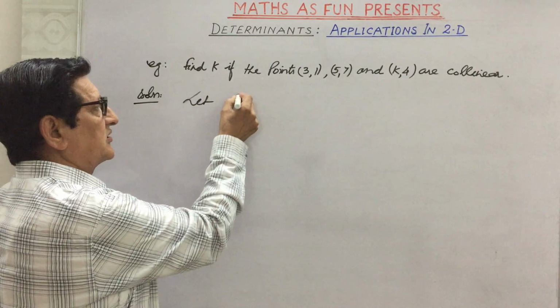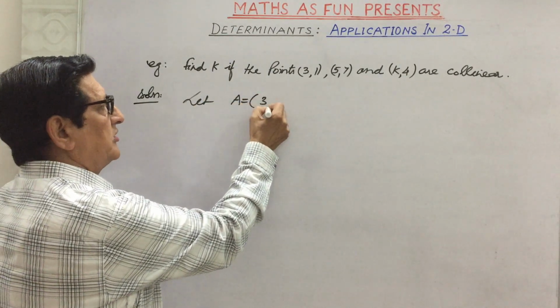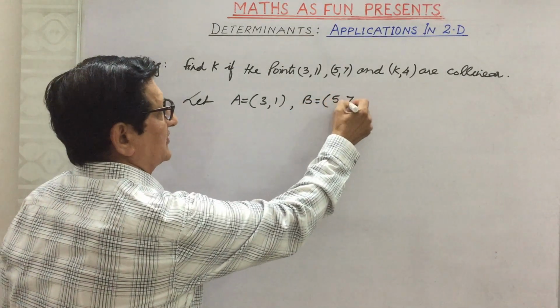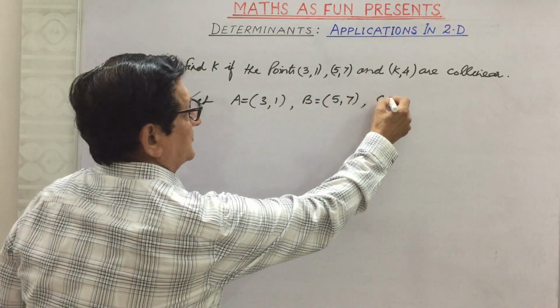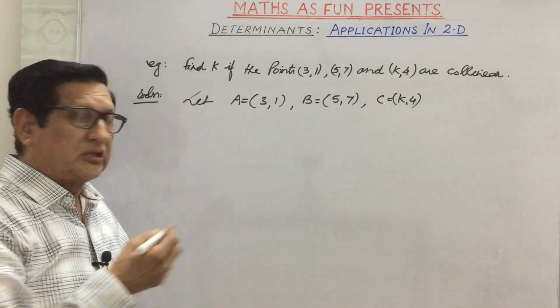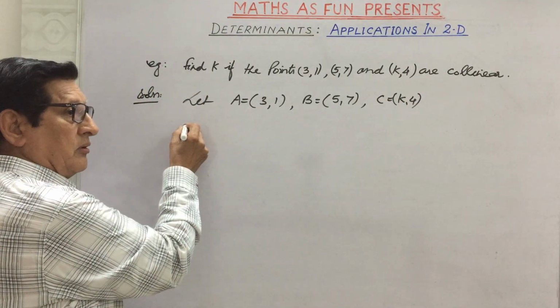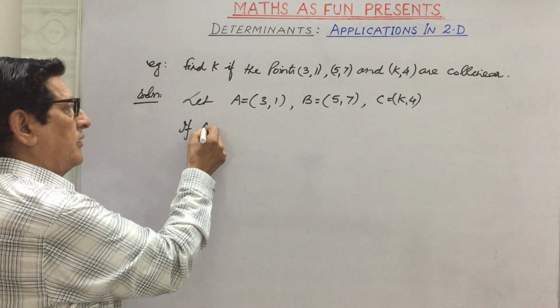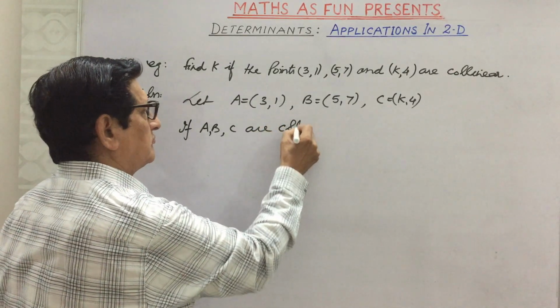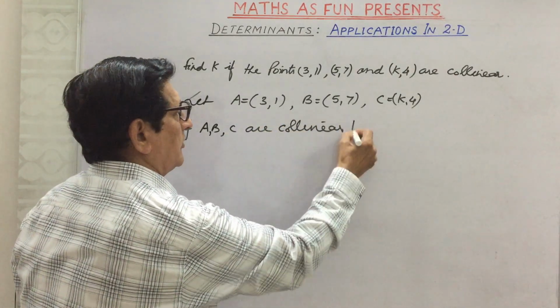Let the points which are given to us be A (3, 1), the other point B, that is (5, 7), and the third point C, that is (k, 4). Then we know if A, B, C are collinear points,